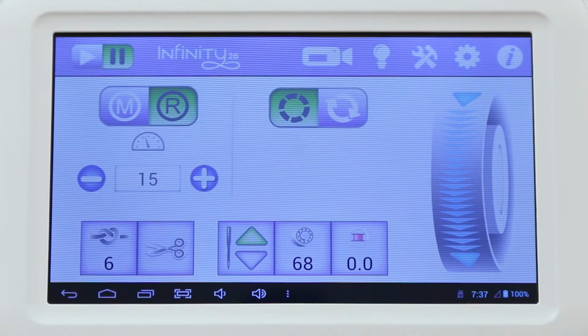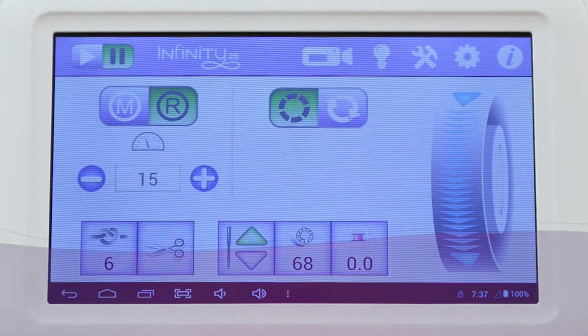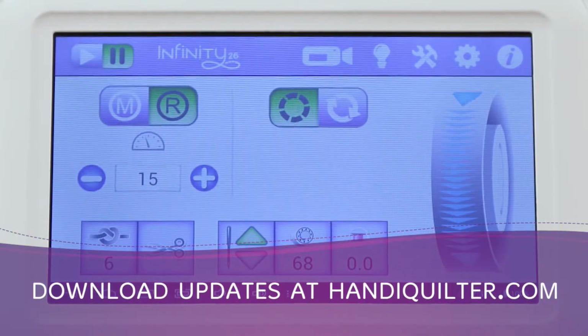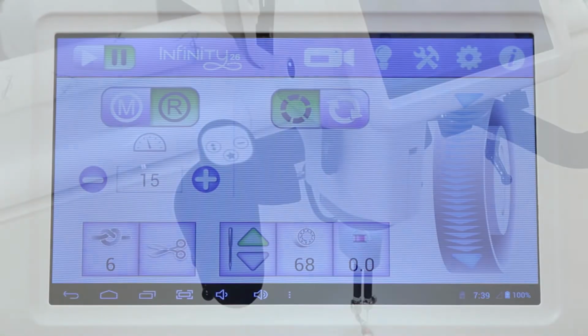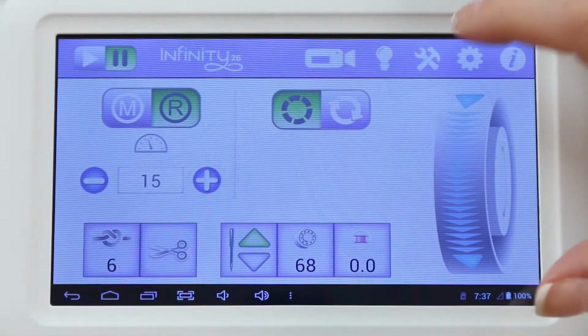From time to time, Handi Quilter releases software updates for its machines. This enables you, as a user, to take advantage of the latest new capabilities added to the machine. When an update is released, download the update files to a USB drive using a computer that is connected to the internet. You'll install your USB drive into the front left side of the machine, then touch the Tools button